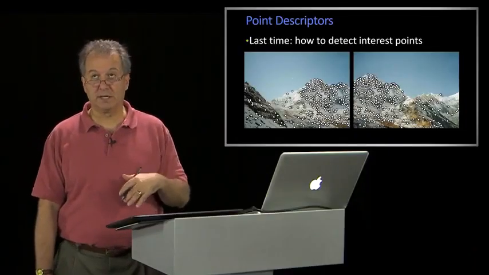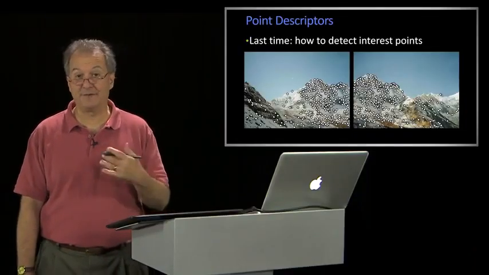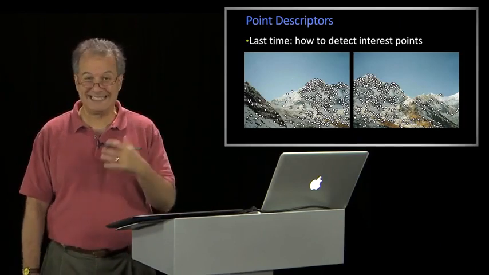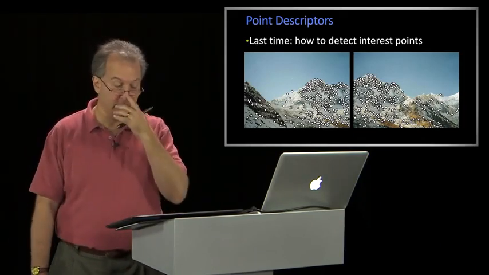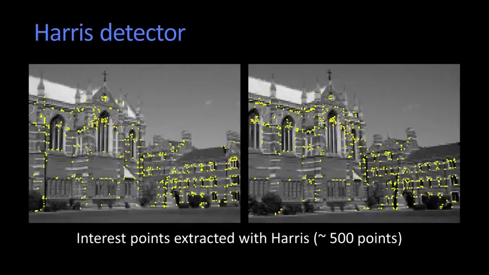Welcome back to Computer Vision. Today we're going to continue talking about features or interest points, interest point operators, key points. In particular, last time we talked, in fact, last couple times, we've talked a lot about how to find interest points, how to detect them. And we talked about the Harris operator and other kinds of ways of finding them. And here, for example, typical picture of finding interest points in